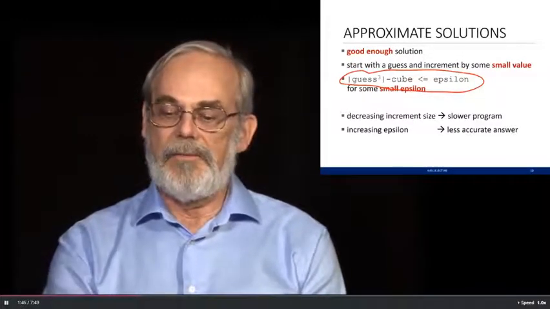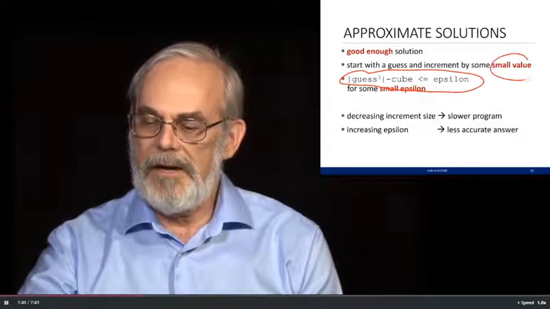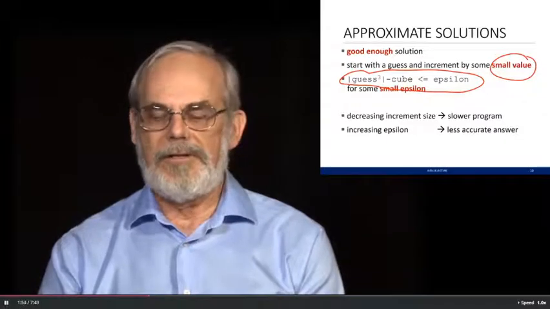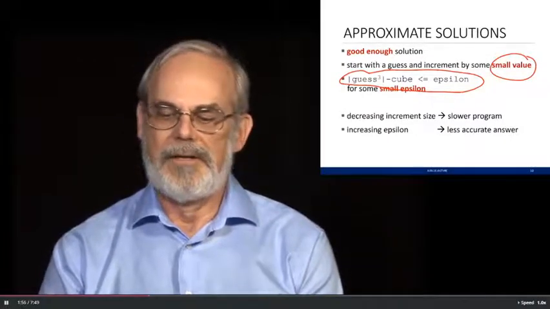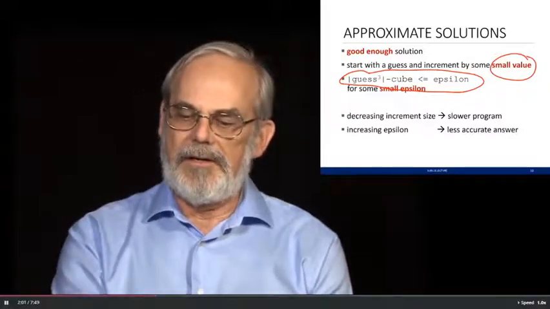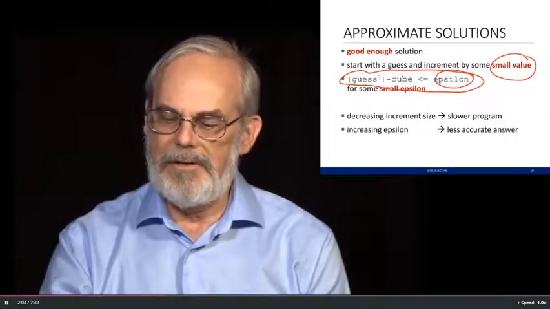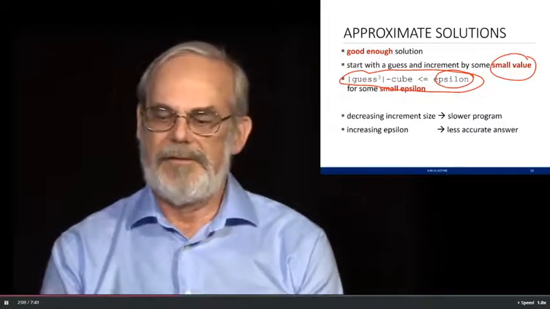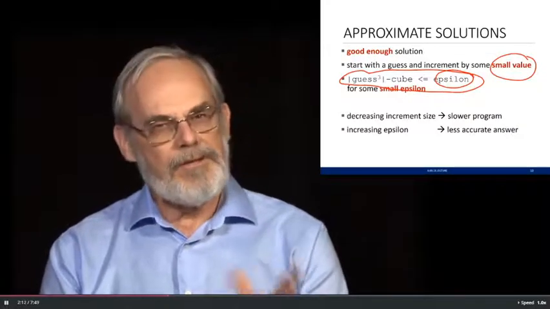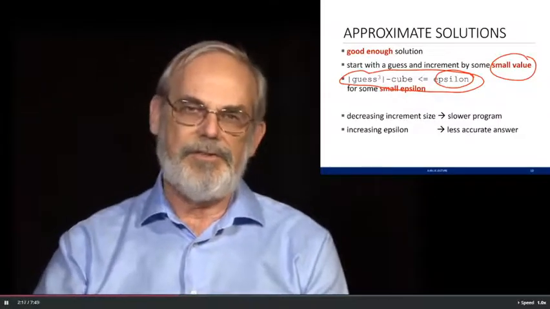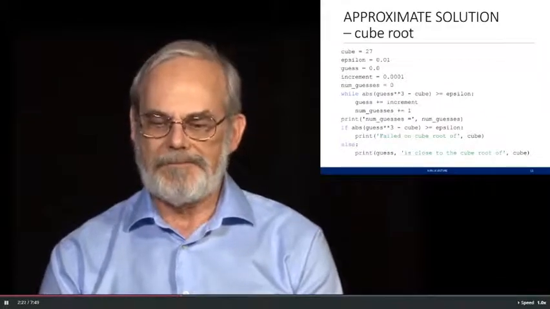One of the tricks here is that when I have these small values, I'm going to have to be careful. If I make them really small, I'll make sure I find a really good guess, but it's going to slow the program down. If I make them really large, I might actually miss the answer. And similarly, when I decide how close I want to get with epsilon, if I make epsilon big, I'm going to make it easier to find an answer, but I might get a less accurate answer. And so I have to think carefully about how I do both of those. But let's look at that idea to see how I can still use the idea of guess and check, but now with things that could compute the cube root of anything.